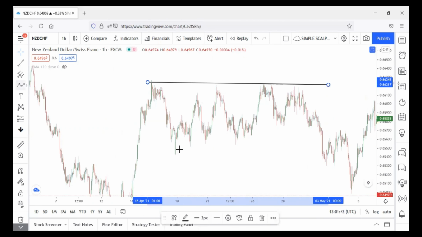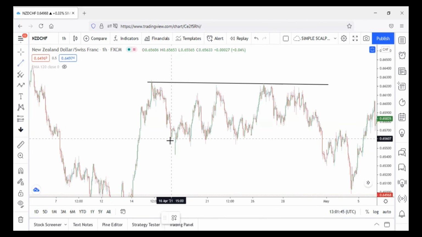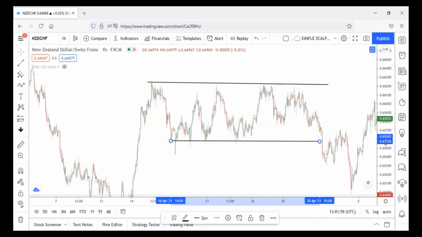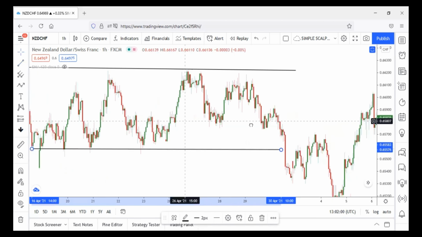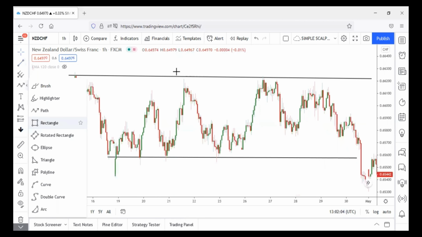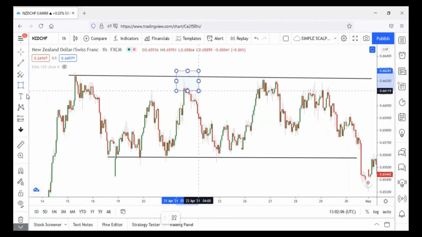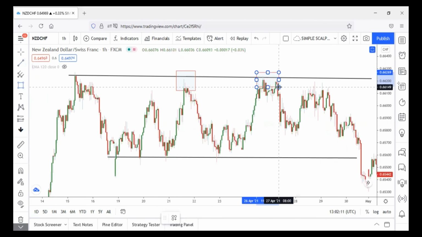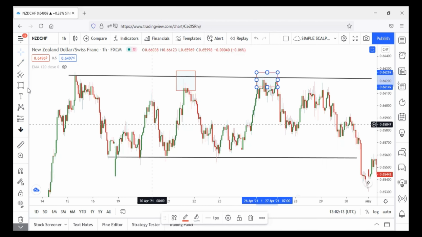So for the support, we have a touch right here. We have a touch. So once we have two touches, then we can say this area is a valid area. So we have one touch, 2, 3, 4. Then we extend into the future. So now this area is the area I'm going to emphasize on. This area right here, guys. These are the key areas where you want to start looking out for your candlestick pattern. But be mindful, just like I said,